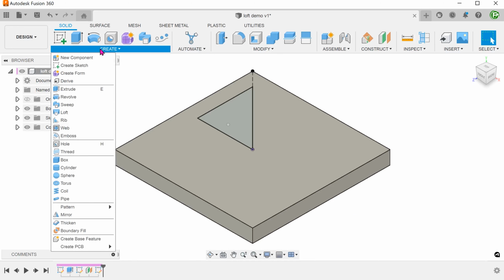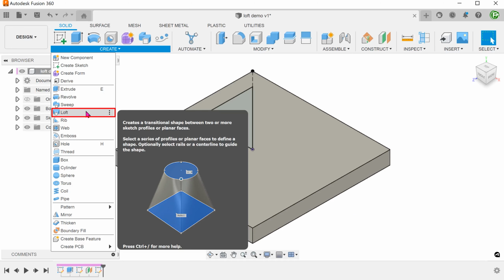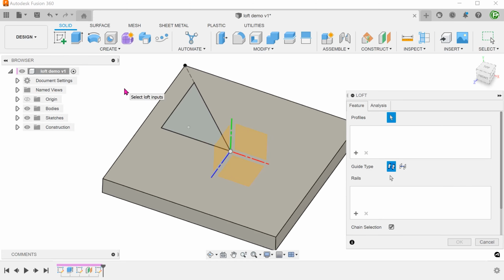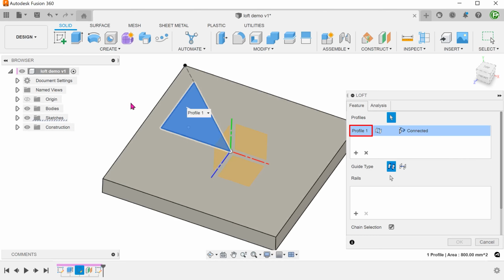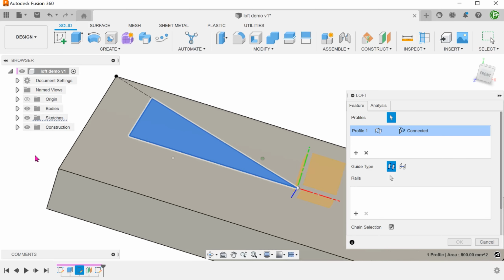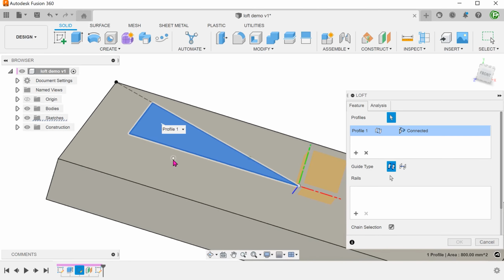Go to Create, Loft. Select the triangle as a first profile and select the point as a second profile.